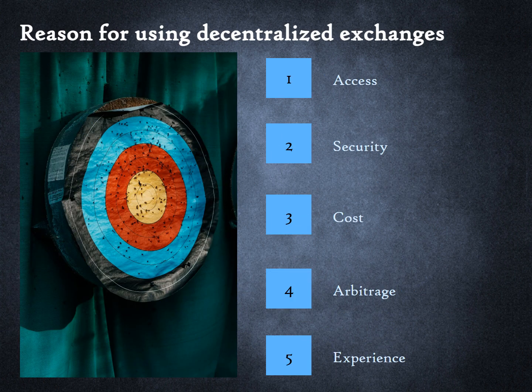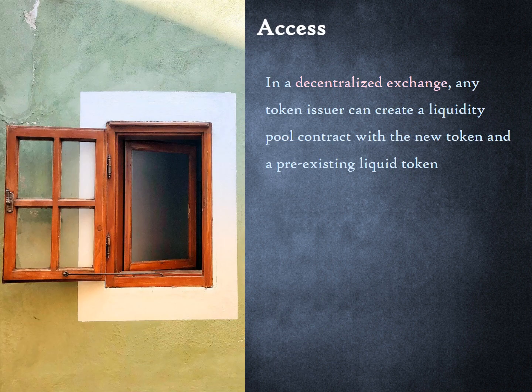We can identify 5 reasons to use a decentralized exchange over a centralized one. Next, we will look at each, one by one. One reason to use a decentralized exchange is access to a broader range of tokens. In a decentralized exchange, any token issuer can create a liquidity pool contract with the new token and a pre-existing liquid token like Ether. This allows anyone holding the pre-existing token, say Ether, to buy the new token from the